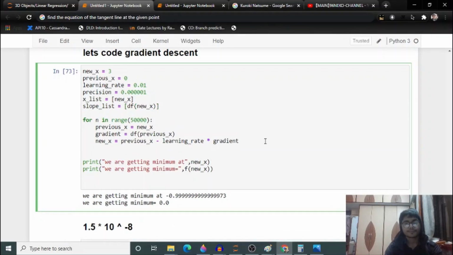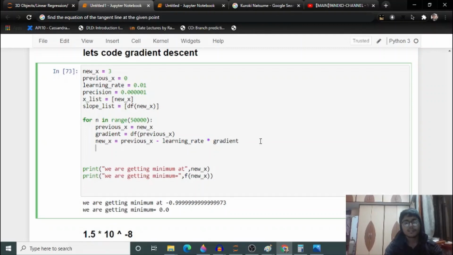Now the first thing we need to do is append this new X to this X list guys. Appending means literally appending. Append means just put after this, put after this.